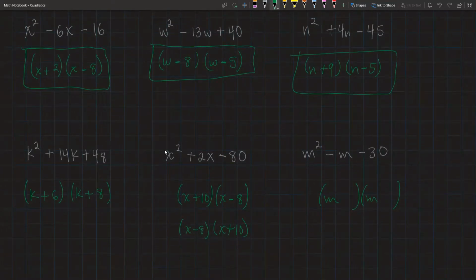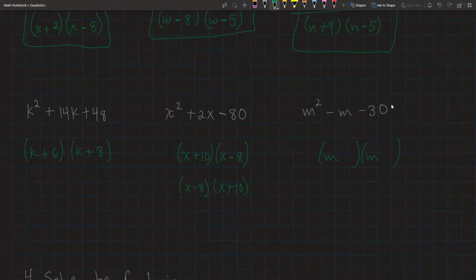So for example, on this one, don't do this. Don't do, oh, this one becomes x plus 8 and x minus 2. All right, that's not the same. So don't do that. That's wrong. So I will erase that, pretend it never happened. But think about that. All right, next we have something that multiplies to a negative 30 and combines to,